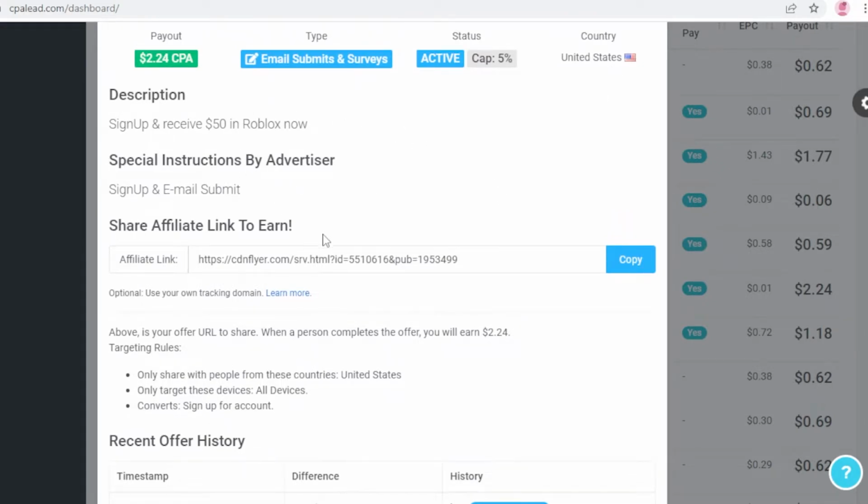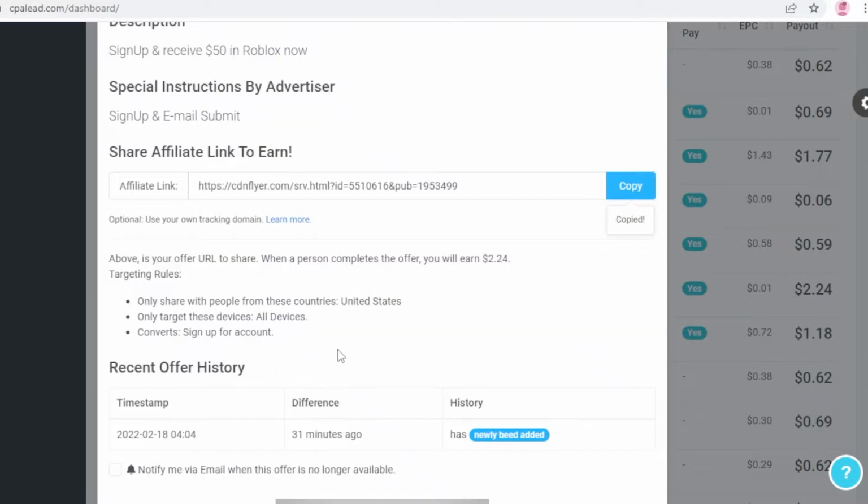After that, once you click on the affiliate, you're going to get an affiliate link, and you just copy this link and you can market it in many ways to start earning money. Now you can see over here: only share this with people from these countries, United States. Whenever you're getting an affiliate, this affiliate is only going to be valid when I get clicks from